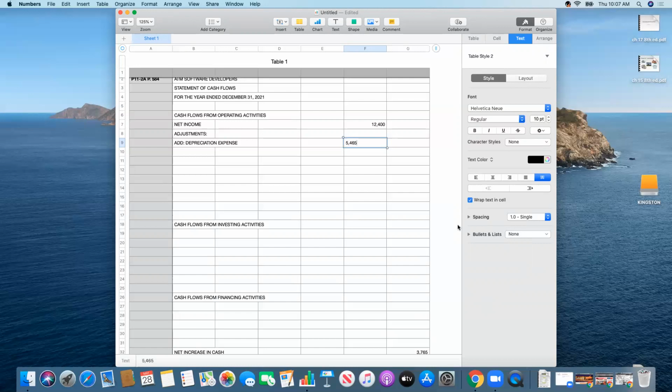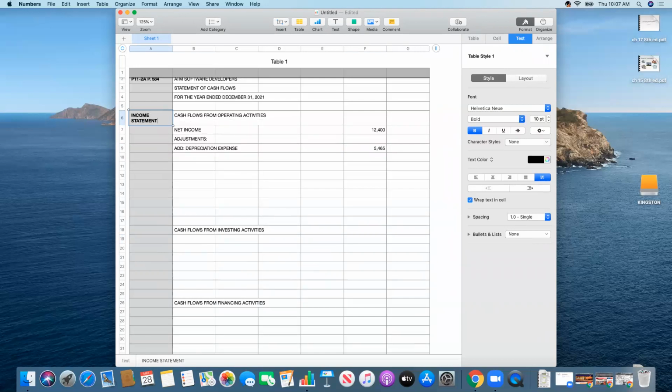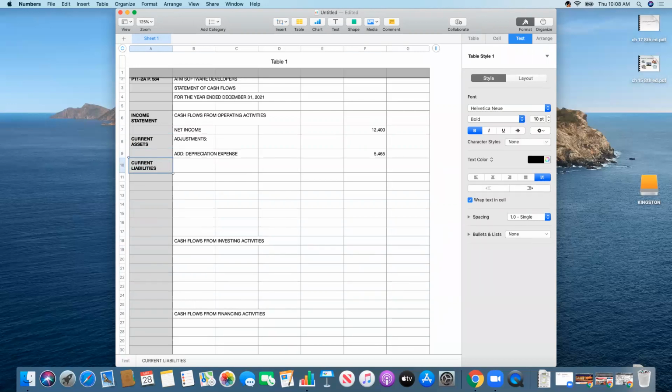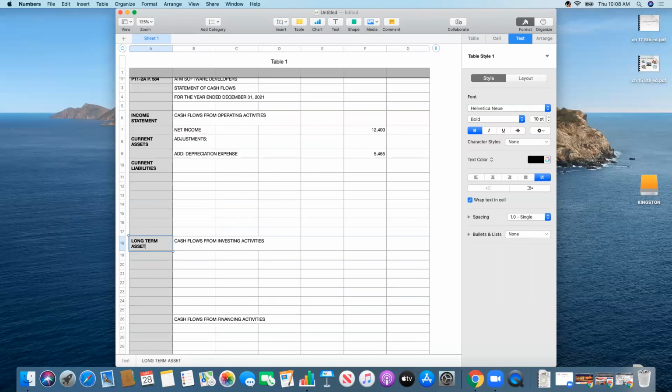So I see the first listed below in random order are items to be included on the statement. Cash received from sale of land. Land is a long-term asset. Where do long-term assets go? In fact, you want to put here in the margin? Income statement. Current assets. Current liabilities, right? That's what goes in this section. This section, long-term assets, and this section,